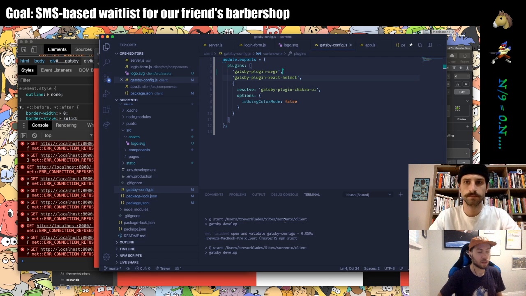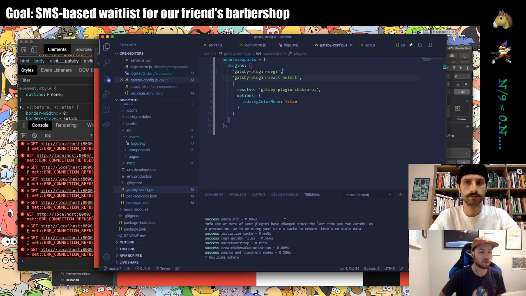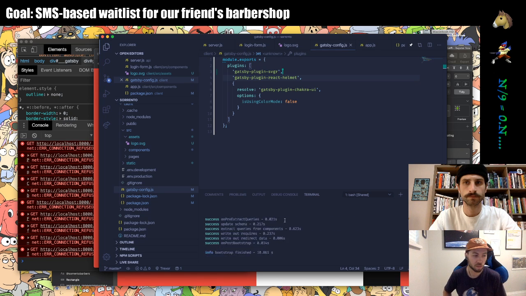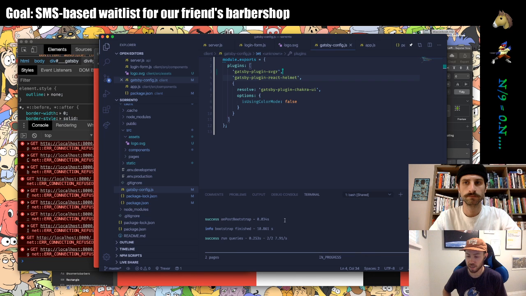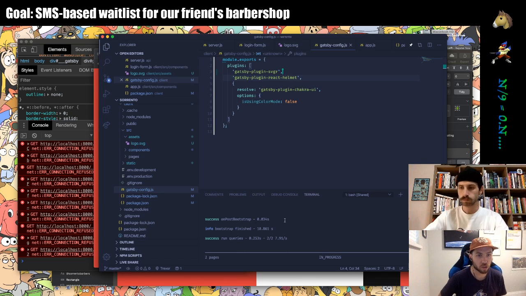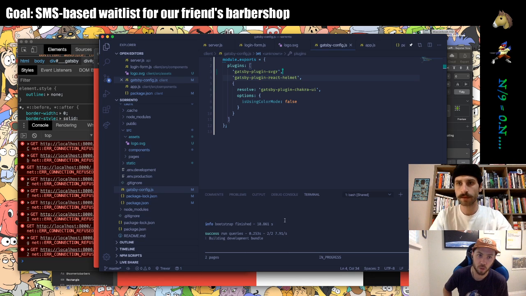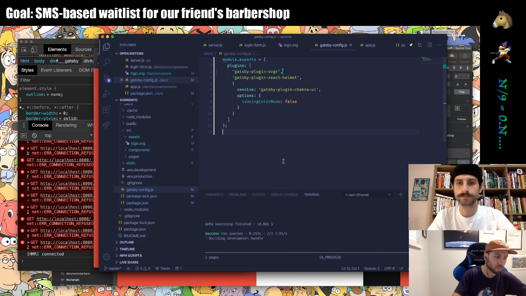SVGs. Now I just realized that maybe this is like kind of overkill, because we don't actually need to import this as a React component. We can just supply this as like the source to an image element, because we're not going to be like changing the colors, like the fills of the logo. But oh well. Yeah, why don't we just do that? I guess for now we can. It was still fun adding that, but